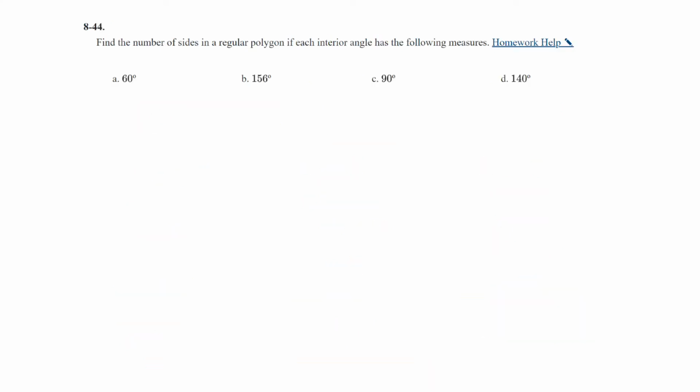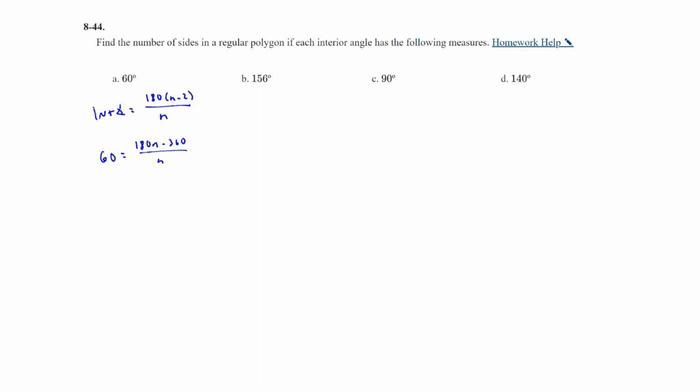Question 84, find the number of sides in a regular polygon if each interior angle has the following measures. Well, we know that the interior angle is equal to 180 times n minus 2, or maybe 180 n minus 360, either way is fine. And then if you divide that by the number of sides, that will give you the interior angle. So we could set it up like this and get 60 is equal to 180 n minus 360 divided by